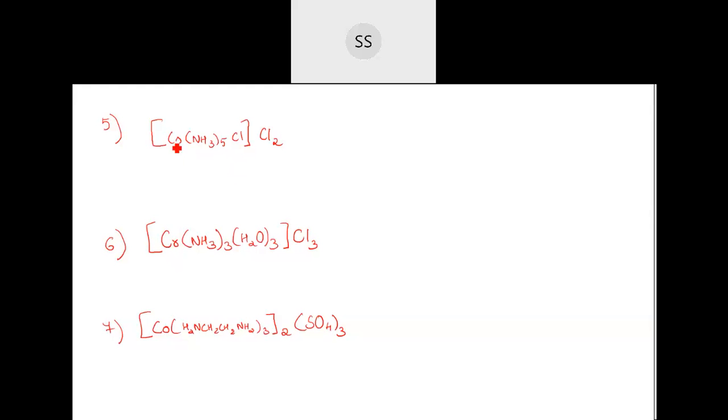Okay, so this one I will give you 1 minute. Okay, this answer. See, you have 5 ammine, and then you have chlorine, so chlorido. So first name should be for ammine itself, and there are 5 of them. So we have the name as pentaammine, double M. Then we have Cl, so that is chlorido, followed by cobalt. Then you have to find the oxidation state. Ammonia is anyway 0, here 1 chlorine and here 2 chlorine, so altogether 3. So cobalt oxidation state should be 3, and then followed by the Cl group again, so it should be chloride.